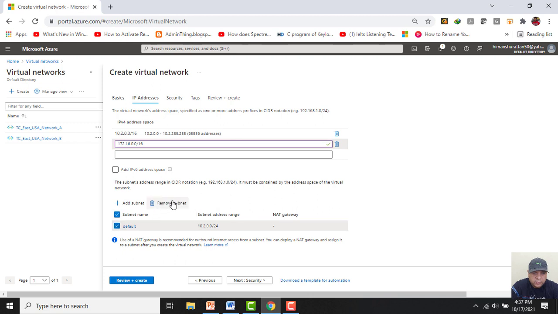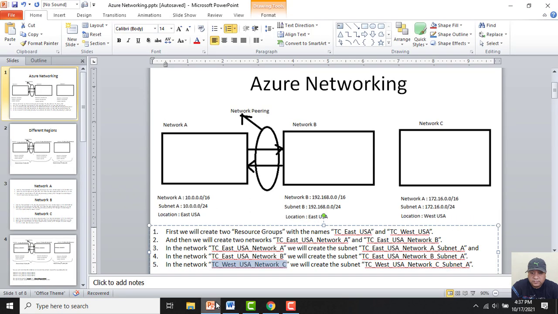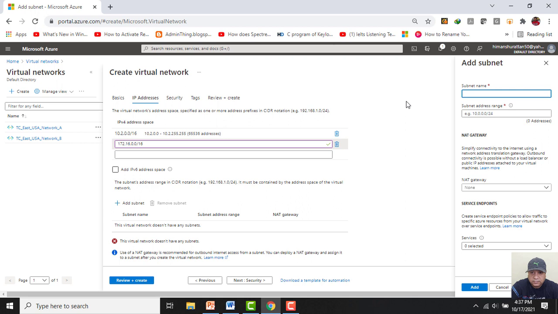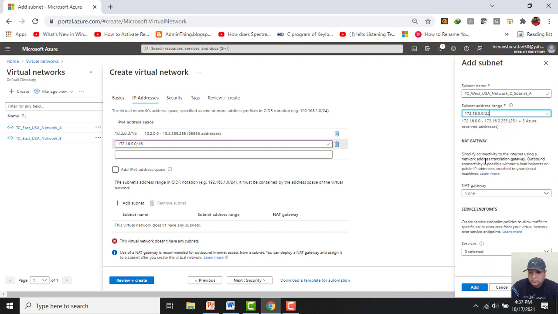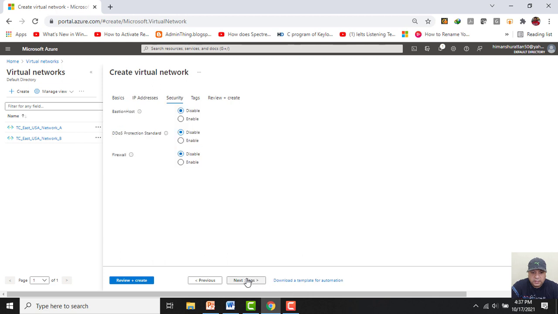I will remove this default subnet as I want to give the name of the subnet myself. Click on add, click on next, next, next.